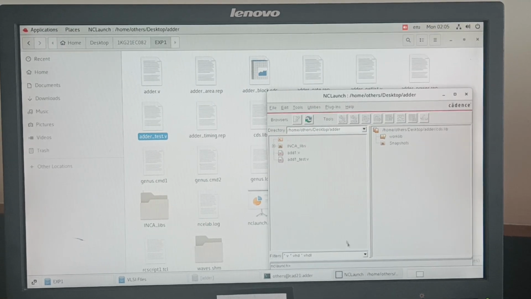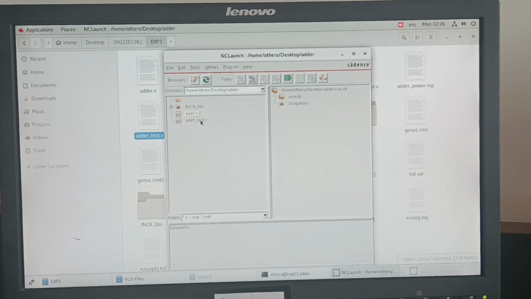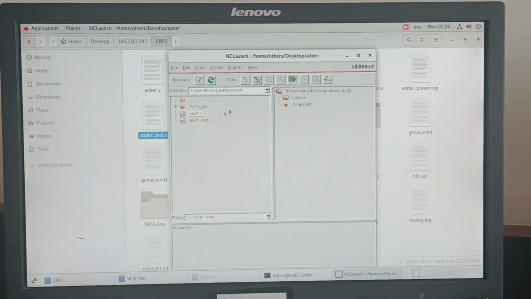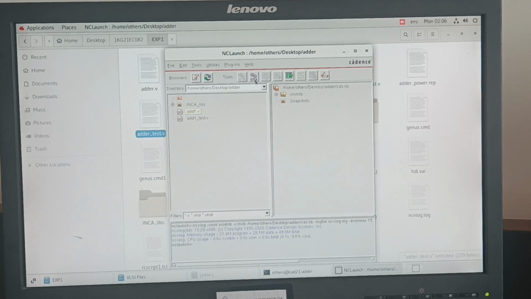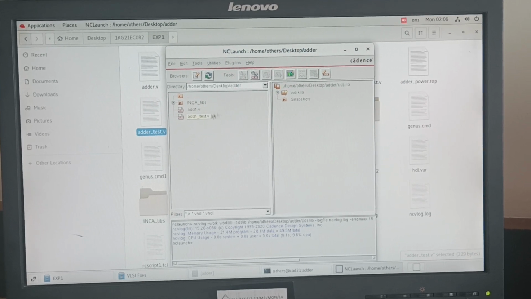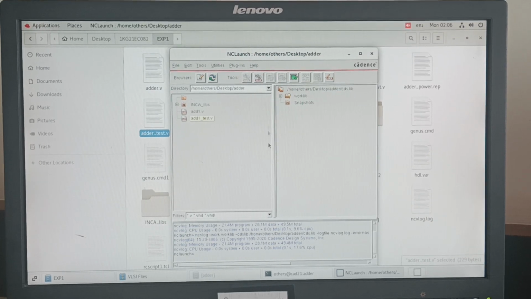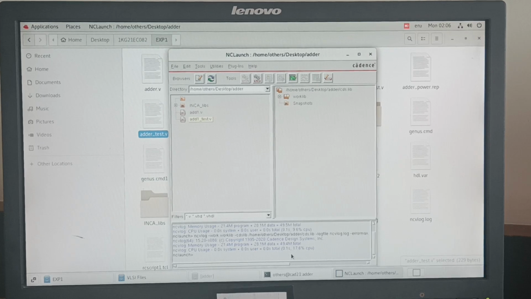Then coming to this nclaunch window. Now add1.v and add1_test.v are there here. So I'm going to click on vlog. This is to check the errors. So there are no errors here. Add1_test.v, select this and then click on vlog. So zero errors again. If there are errors, they will come in red color and it will prompt a